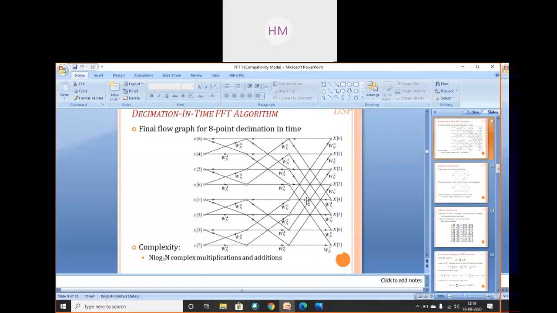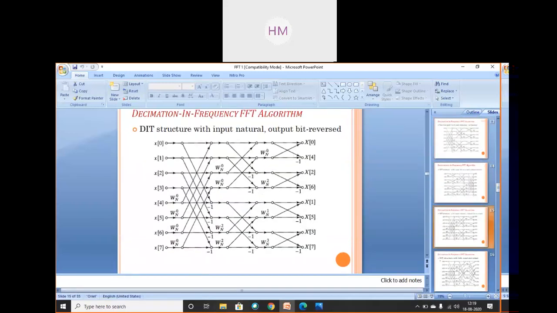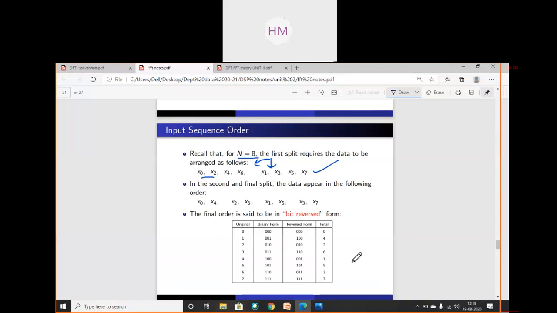These are my butterfly diagrams. We discussed it. Now today we will draw these diagrams. So, got the concept? You can write it in your copy if you want to. There are two input sequence orders. This is the first one, which leads to your decimation in time. So any doubt, anything you want to ask? If you want to write, I will wait, otherwise I will start in continuation.